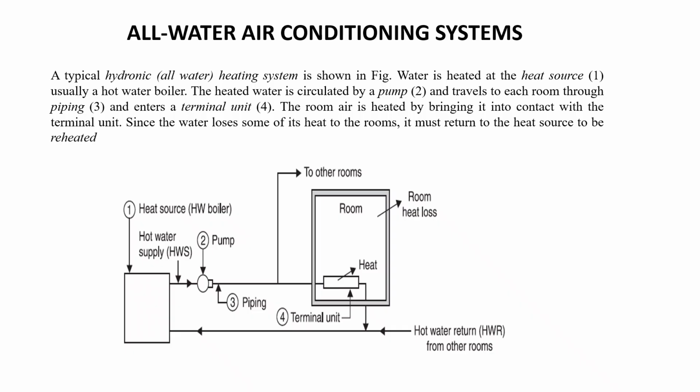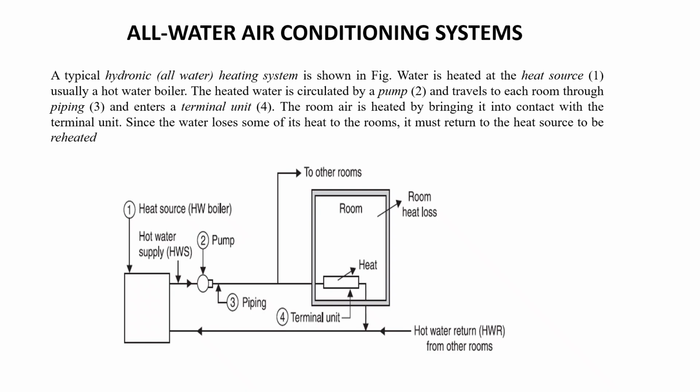The first one is a hot water boiler. You can see on the left side there is a hot water boiler. The heated water is circulated by the pump. You can see the second component is the pump. The heated water will move to the pump and then it travels to the room through the piping. Through the piping, the heated water goes through the pipe and enters into the terminal